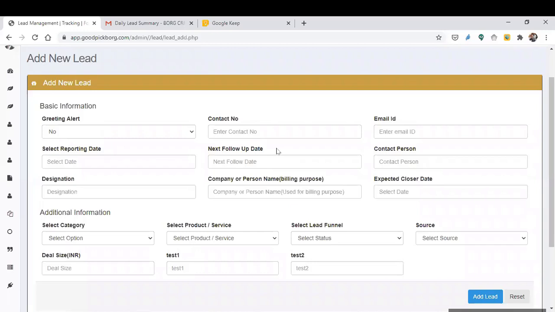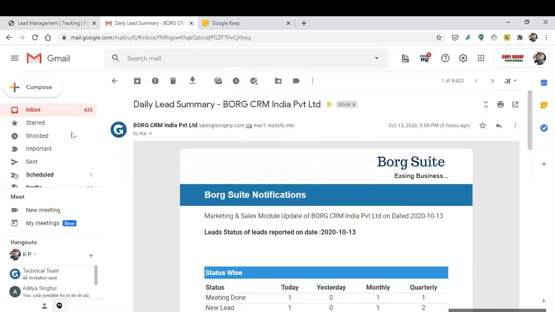You will receive that email alert and SMS alert every morning at 8 o'clock for that day's follow-ups. Let me go through what kind of email and SMS will be received. I want to show you. Now I am talking about the email, so I am showing you the email.